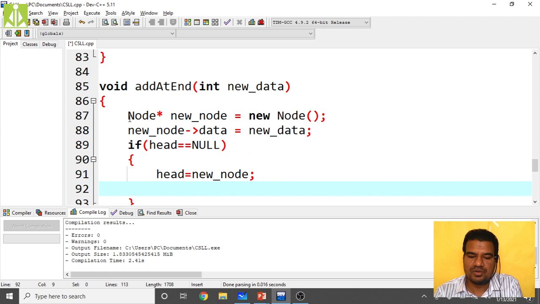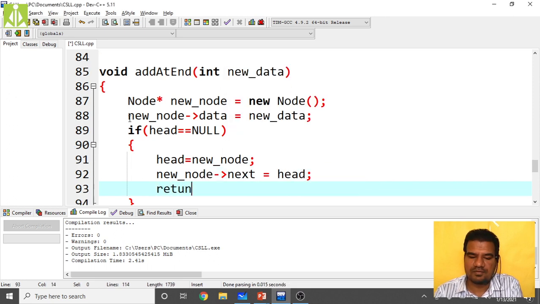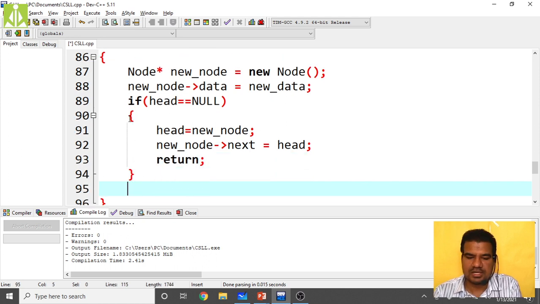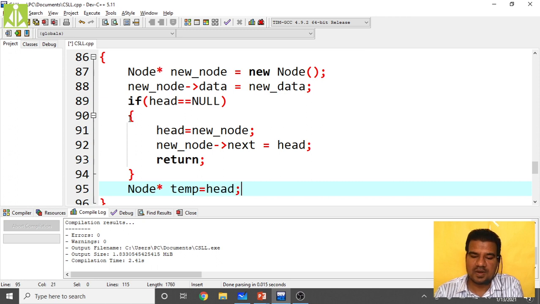After that, new node of next equals to head, and after that return from here itself. Don't do anything else. So that's it. If this is not the case, that means if you have more number of nodes inside your circular singly linked list, then create a temporary pointer and make this temporary pointer point the last node inside your circular singly linked list.